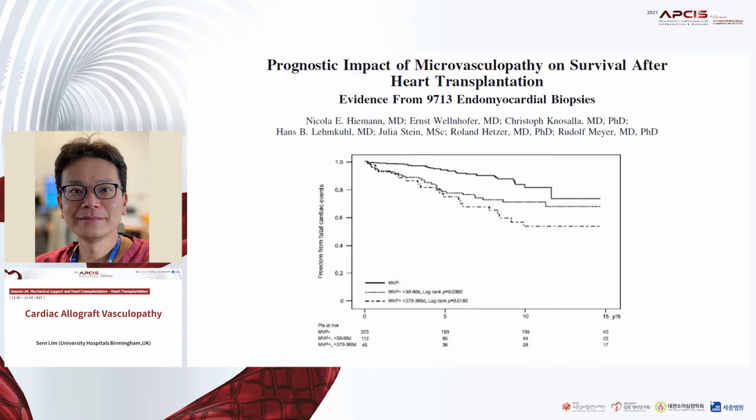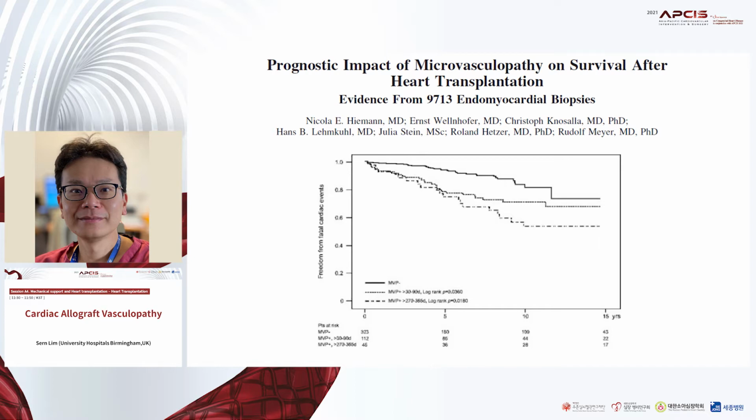But beyond the epicardial coronary arteries, we know that even the microcirculation is important. We know that these changes occur, but we have also known for some time that these changes are prognostically important. This is a histological study of biopsy specimens and they studied the microvascular changes, and patients with microvascular abnormalities had a worse survival and freedom from cardiac events in the longer term.